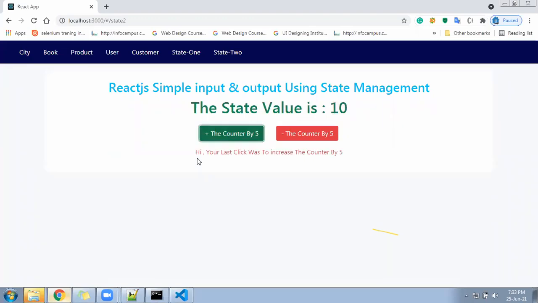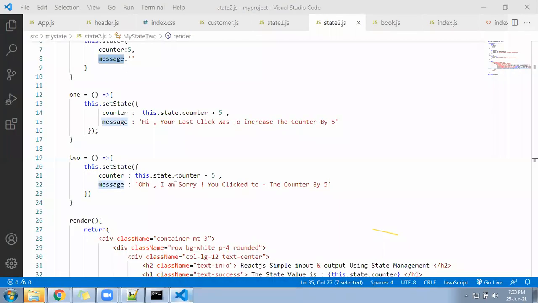It says, hi, your last click was to increase the counter by 5. Click again. Hi, oh, sorry, you clicked to minus the counter by 5. Right?